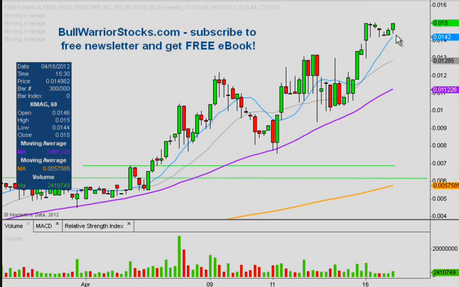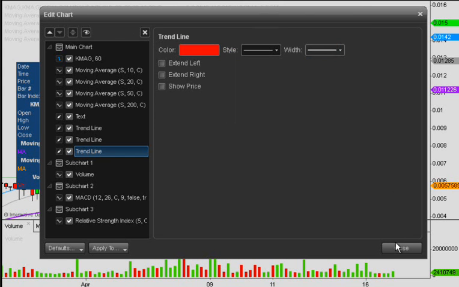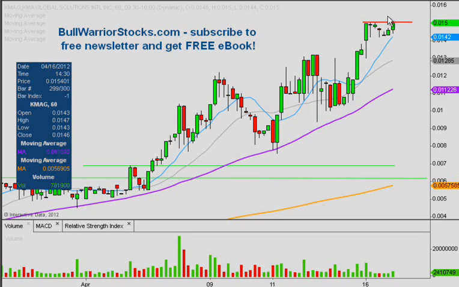You can see the last hour here was a very nice way to end the day, and it closed right up at the resistance of 0.015, or I should say right underneath the resistance. Today's close was at 0.015, excuse me. Okay, so it closed right up at the high. So 0.015 is the resistance, and then after that, as far as I'm concerned, the chart is back into blue sky breakout territory,